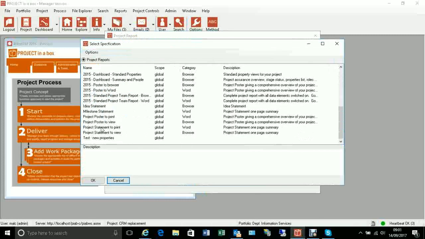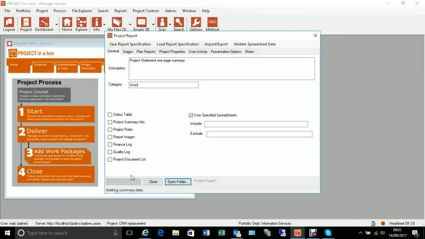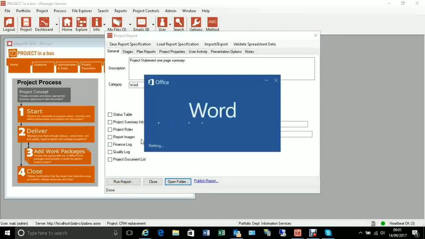There's two versions of it. There's a to print one, which is for Word, and a to view one, which is for the browser. We're going to go for the Word version first, and that's going to go through and run into the Word file. It uses a